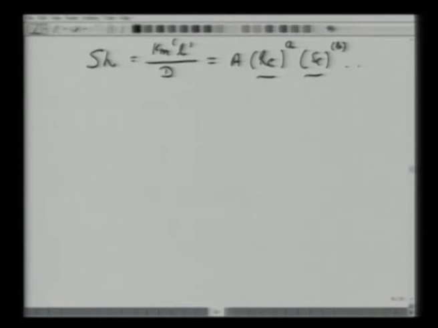Okay, but these are the correlations. We also said that there are some theories, and these theories are used to find out how the mass transfer coefficient may depend upon, say, the diffusion coefficient, etc. So there are three theories. Let's note down these three theories. One is very popular, it's called film theory.